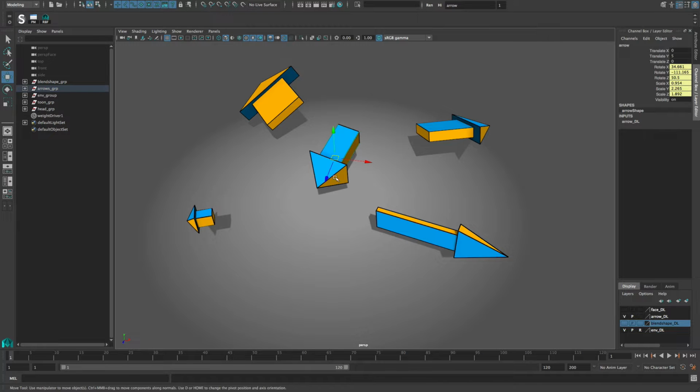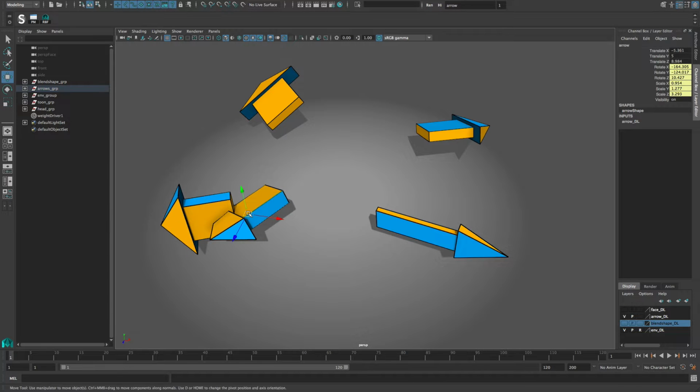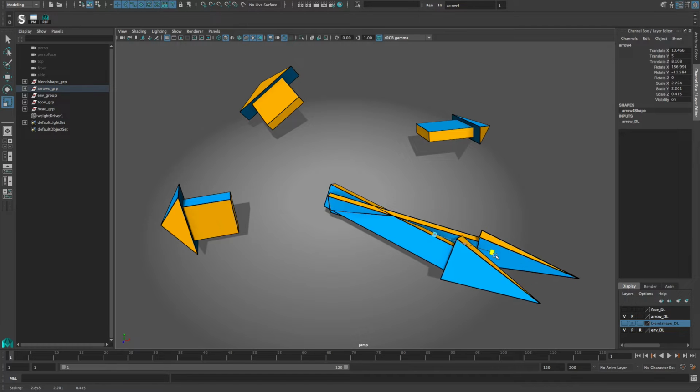The weightDriver node now has a new RBF mode which allows to use any number of driving attributes to blend smoothly between any number of target attributes from any number of poses. A standard set-driven key relationship is only able to map one value to another, whereas the radial basis function can interpolate between poses, where each pose is defined by an arbitrary number of input values associated with an arbitrary number